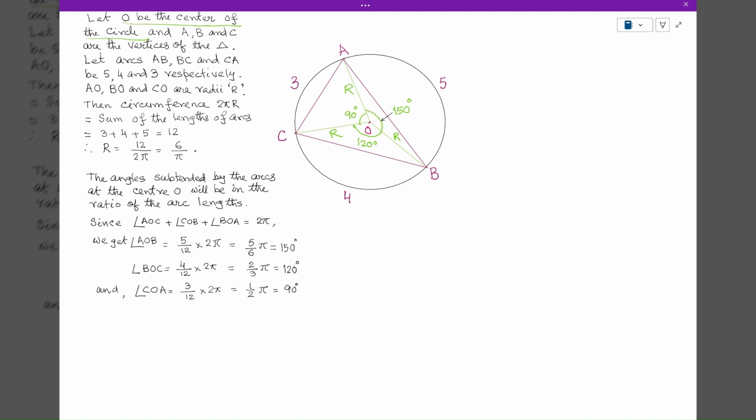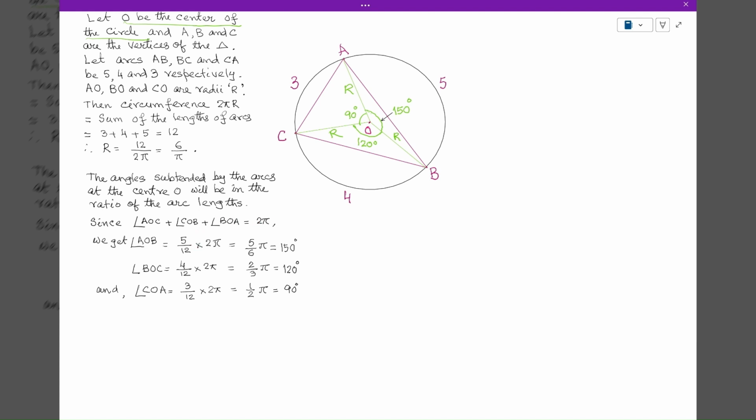These three angles will be proportionate to their arc lengths. Since the sum of the three central angles is 2 pi,